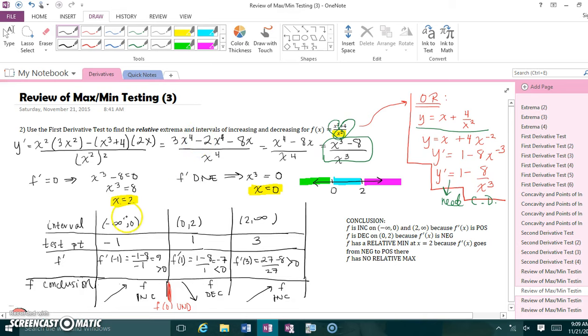So I got test points in each interval. I plug them into the derivative. If you get a positive first derivative there, then you know that your function is increasing. If you get a negative first,